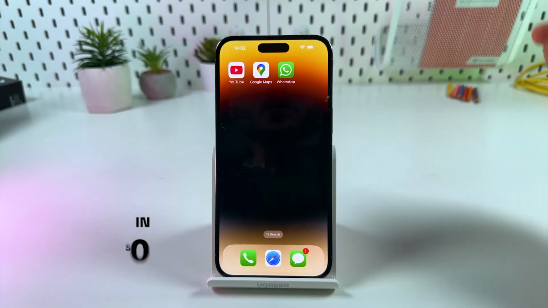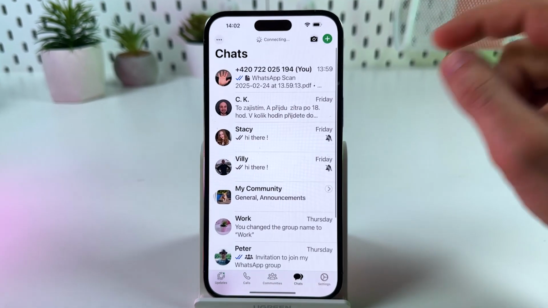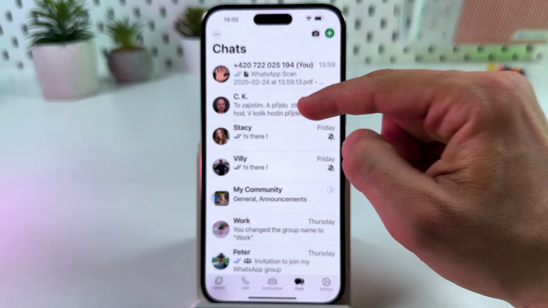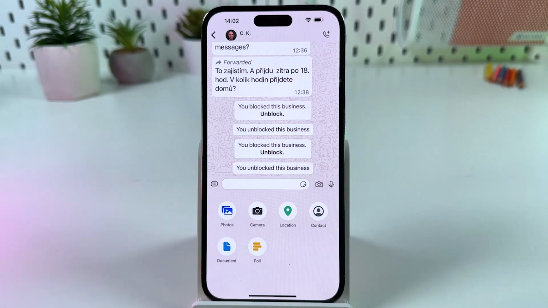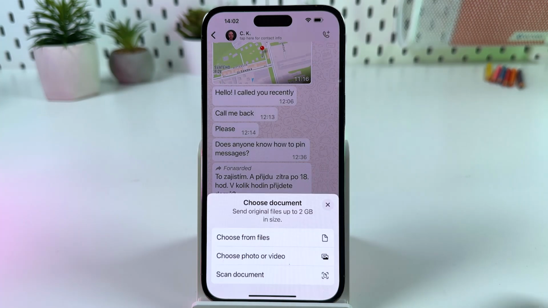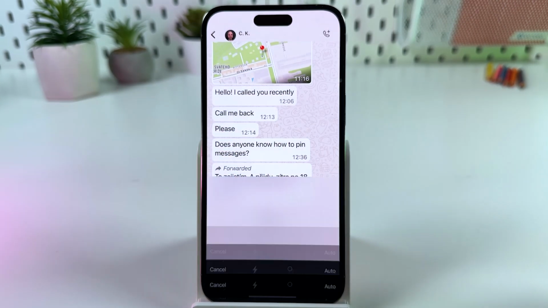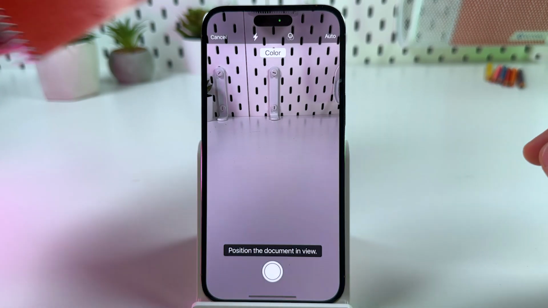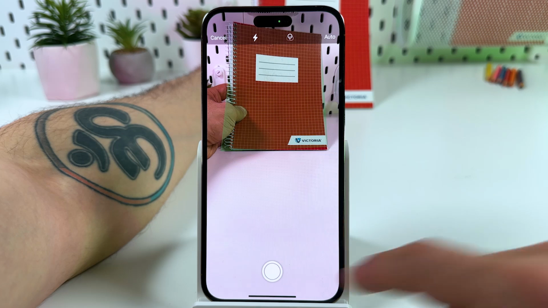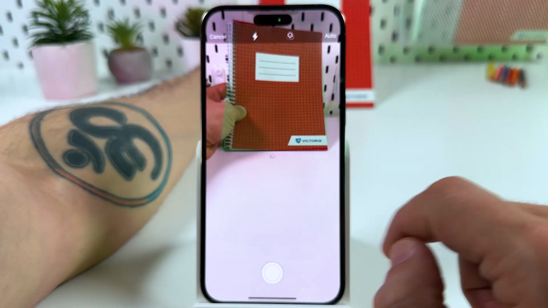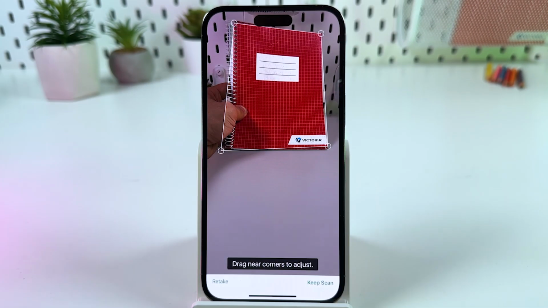Let's go. So open up the WhatsApp application and select a chat where you wish to send your document. Now tap on the plus icon at the bottom left, tap on document, and just tap on scan document. Now position the document within the frame and it's going to be scanned automatically, or you always can tap on the shutter icon. You can retake your scan, you can keep your scan,